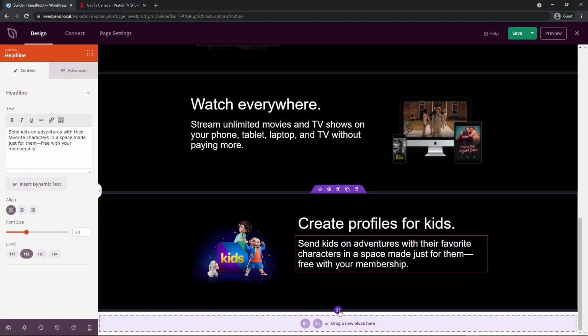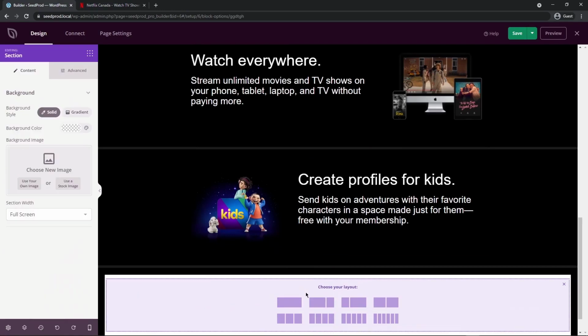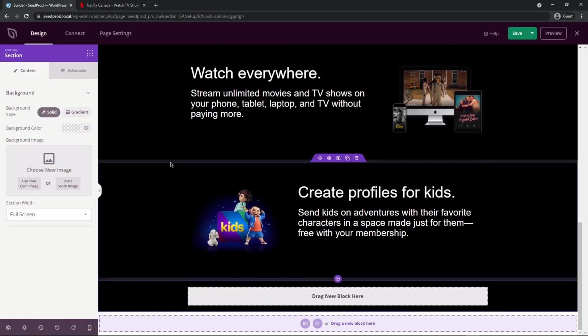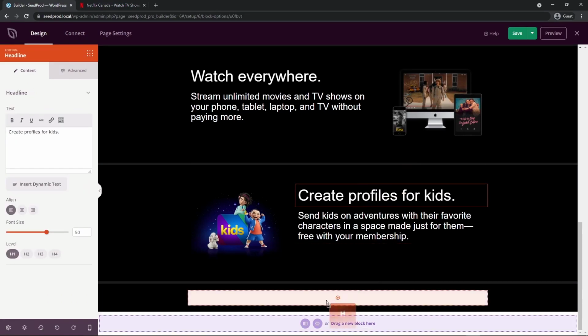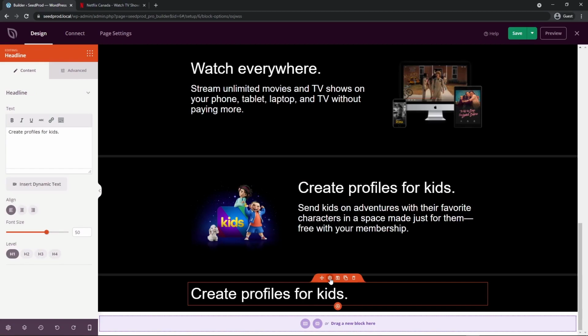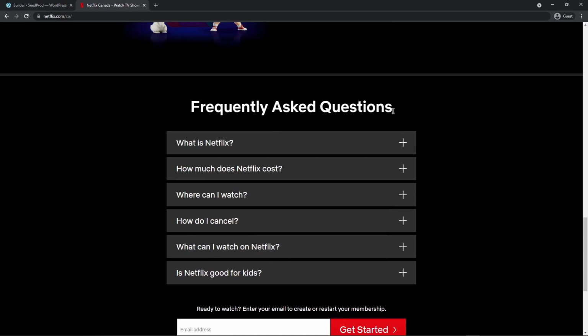Let's come back here. Let's create a new section. And this is just a single column. We don't need more than that. And the first thing we want is a header. So I believe it's an H1, so we can just copy this one and bring it down. Let's select this one and center it. And let's just update the text. So this is frequently asked questions. Copy this